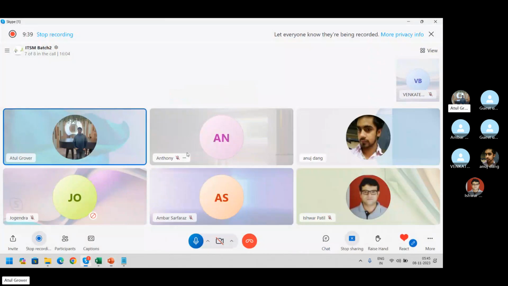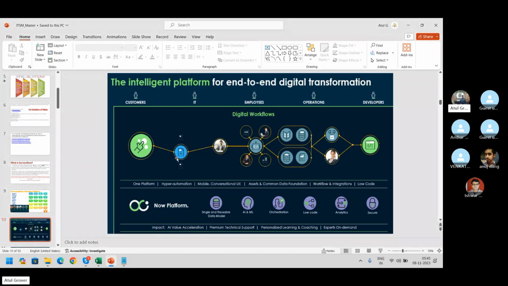As I gave you the example yesterday, Ishwar or Anthony is using the Excel sheet to track their milestones. Satyam was the company who was using the Excel sheet to maintain their balance sheet. Same tool, different purpose. Okay. We are going to discuss more in depth in the upcoming slides.